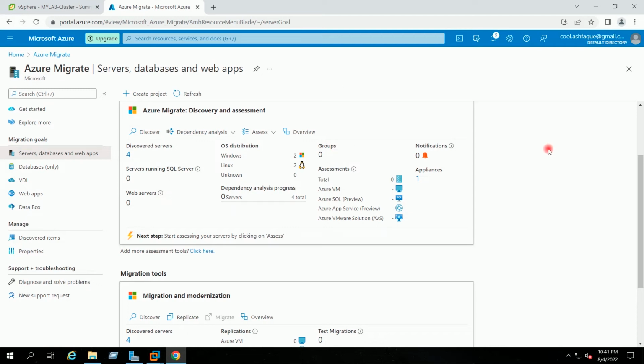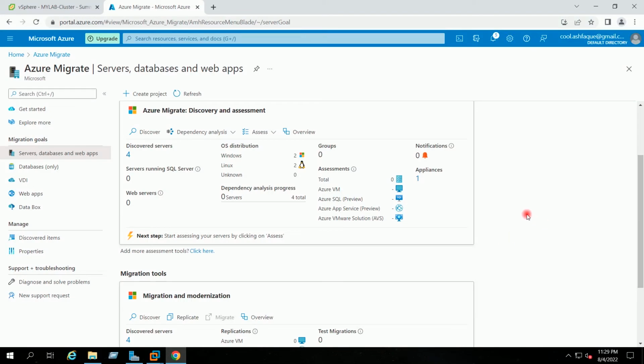So that's great. Here our discovery process has been completed. Note one thing here, assessment count is showing as 0 because we have not created any assessment yet.